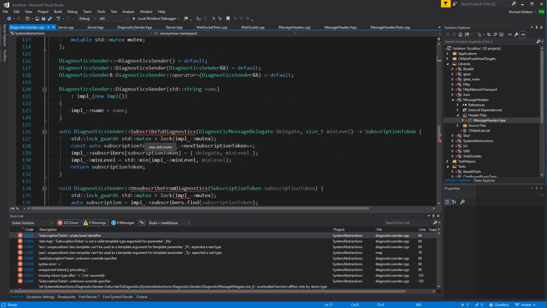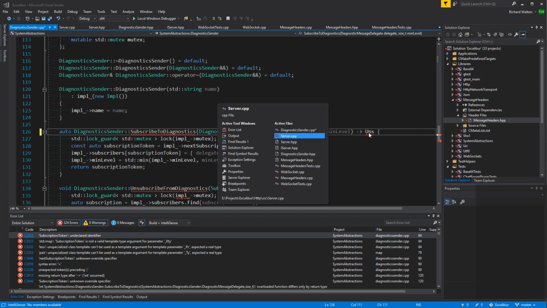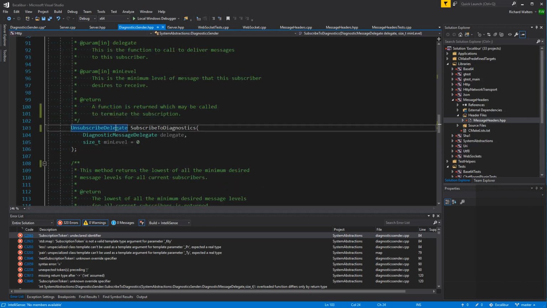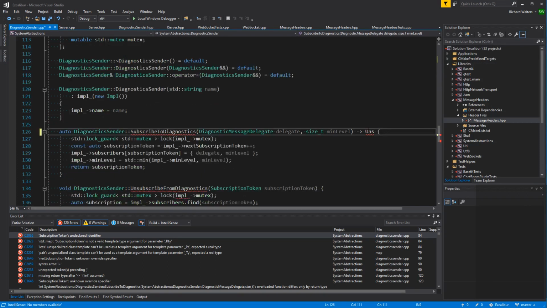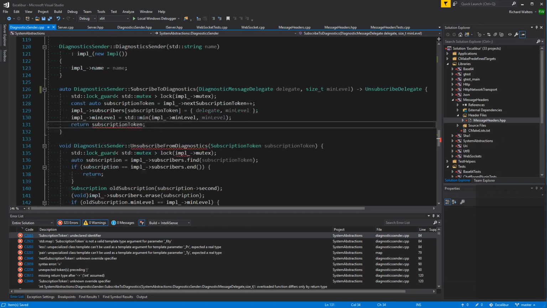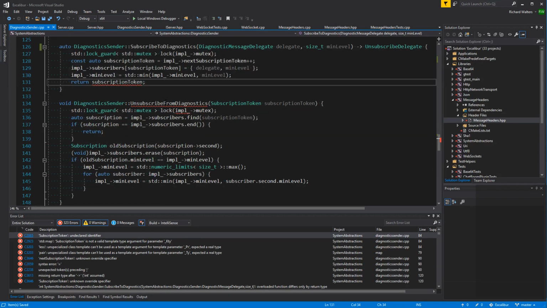So then this becomes... Okay, it's not helping me out here. There we go. So here's where we're going to fold these two together, really.